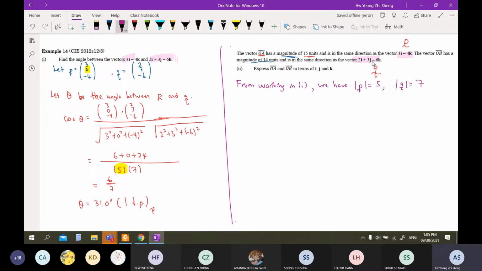Then coming to here, okay, diagram is not required. I'm drawing this diagram so that you can see what's going on. Okay, so if P has a length of 5,